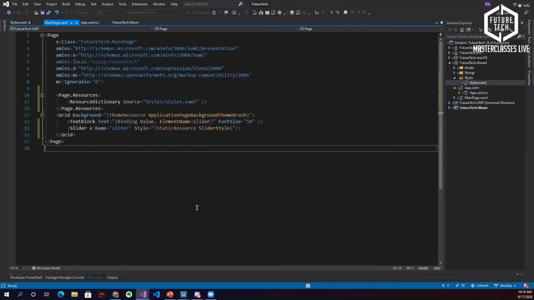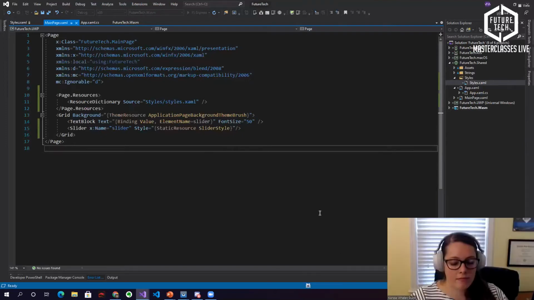All right, so this takes a little bit longer. UWP is the fastest because it's a native Windows application, and Visual Studio was created by Microsoft. So just letting it run.